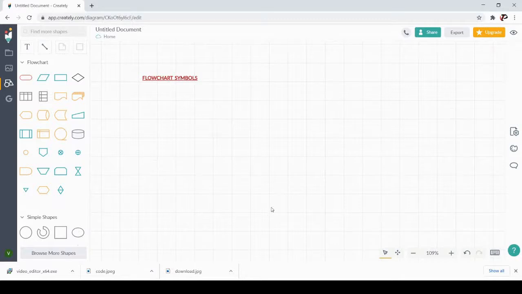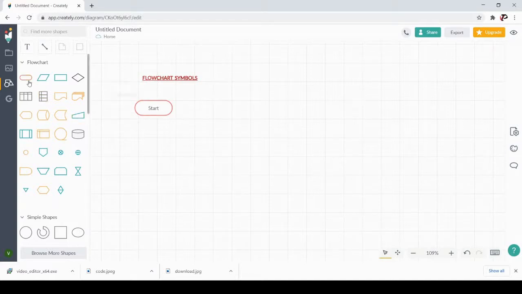Here I am going to show you a few symbols that are used to design the flowchart. So any flowchart should start with the terminal and also should end with the terminal. So you can see this is the terminal symbol. So this is the start word you have to give within the symbol, which means the flowchart is going to start. So you have to represent start or you can mention begin.